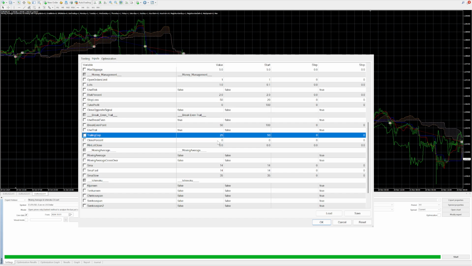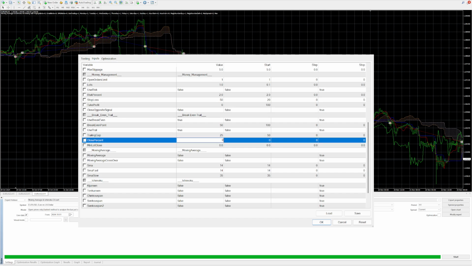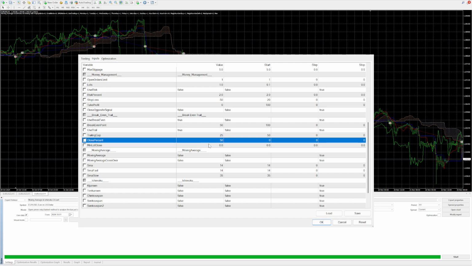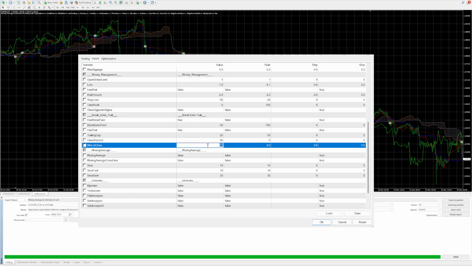Close percent, every time the stop loss is moved, you can close a percentage of the order if you wish. For example, close 50% of whatever's remaining every 25. Well, at the initial break-even point, close 50%, then every 25 pips, close another 50% until the minimum lot is reached. The minimum lot to close, that is. We're trading one standard lot and we set it at 0.5. Basically, the EA will keep closing 50% of the order until there's only 0.5 left. Or let's just say 0.2, it will close half, close another half, and then won't close any more once the